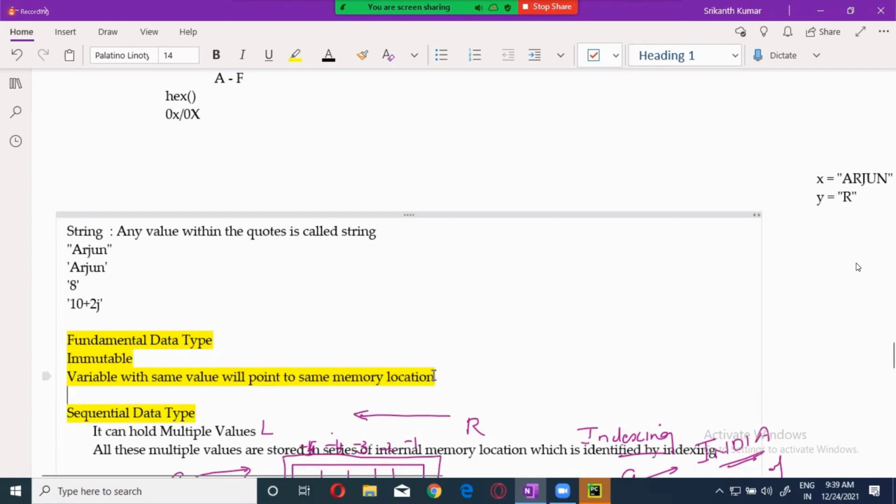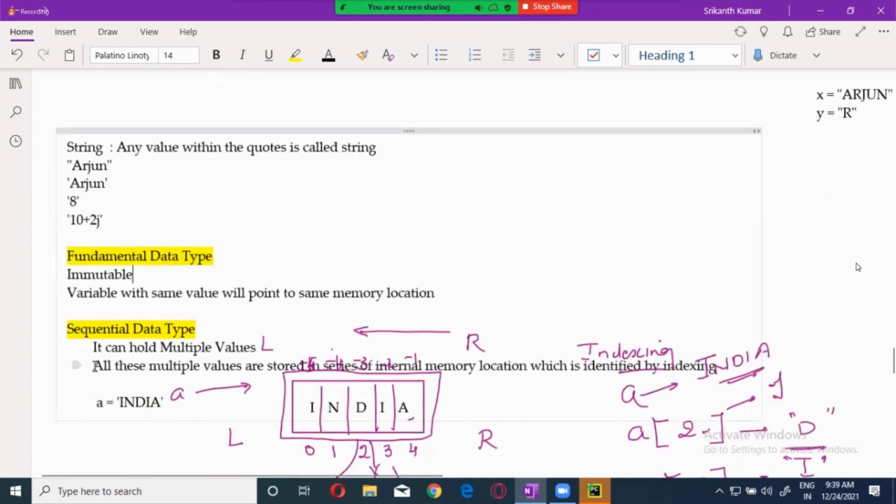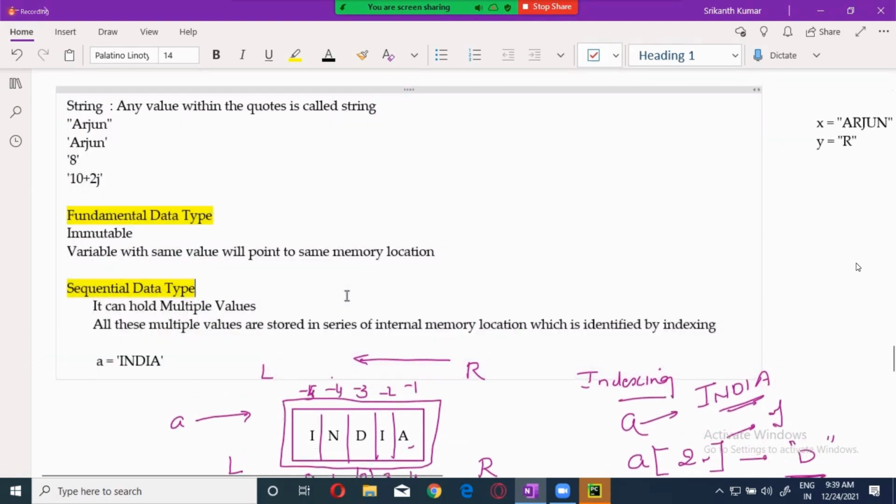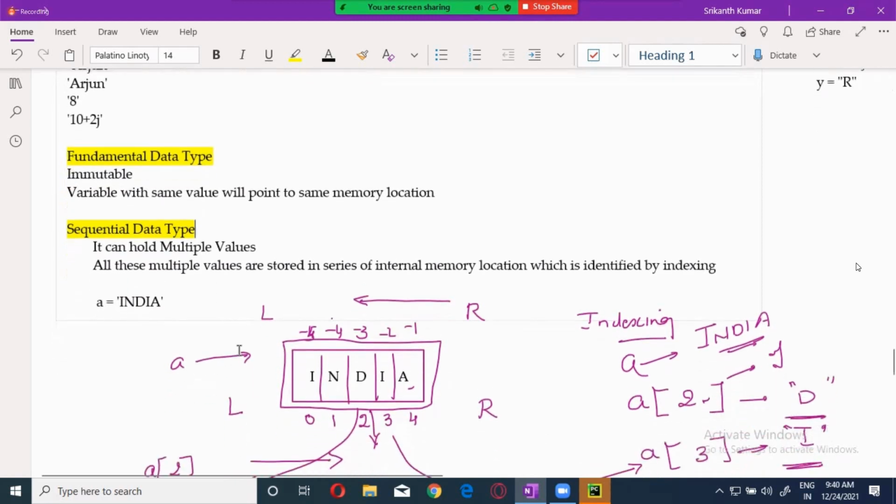Okay. Now, a sequential data type is one that can hold multiple values. Majorly, it can hold multiple values. All these multiple values are stored in a series of memory locations, guys. They are stored in a series of internal memory locations, which are identified by indexing. So if you take it in